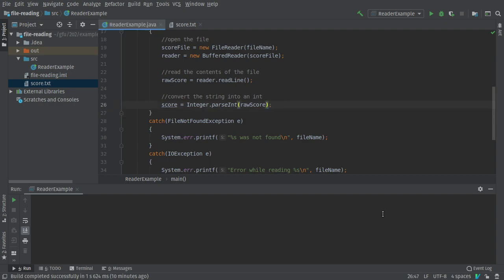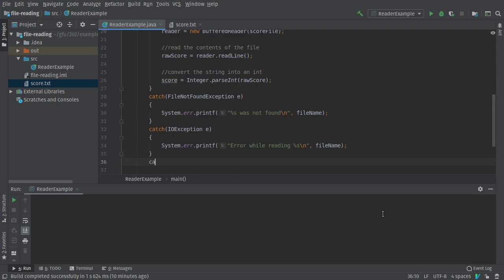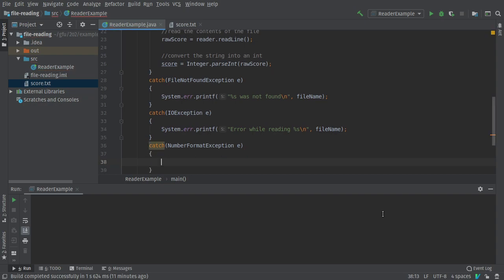FileReader and BufferedReader, particularly readLine in it, declare that they're throwing exceptions. That's why it's forcing me to write these catch statements. I'm going to throw in NumberFormatException, even though it's not explicitly telling me that's a possibility. So I'll throw this in here, and I'm going to say is not a number, and I'll give it the raw score. And of course, there's a few things I can do to make this code shorter. I'm just going for sort